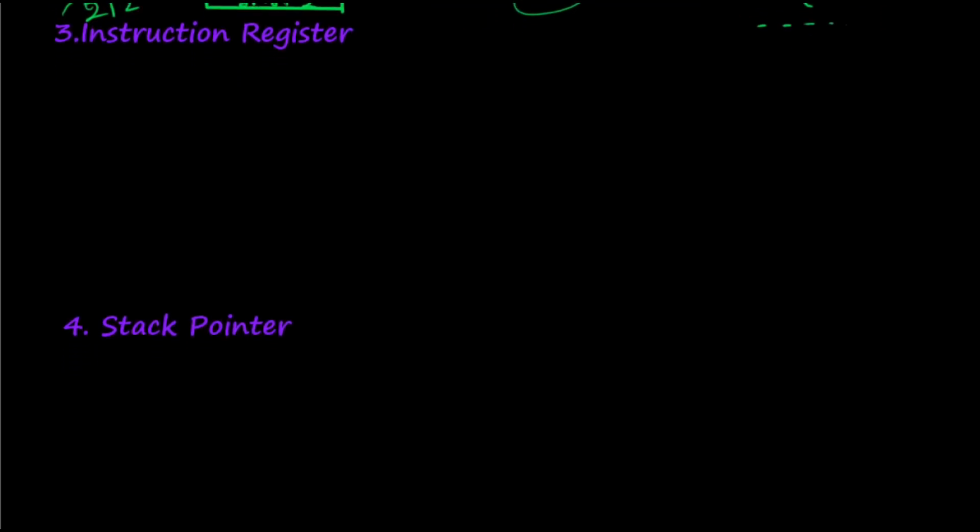Next comes the instruction register. As the name suggests, this instruction register is used to contain instructions. It is as simple as that. We'll take the previous example. Suppose you need to execute the instruction located at address 200. Now the program counter has informed the CPU to go to location 200 and fetch the new instruction. So this new instruction is now fetched.